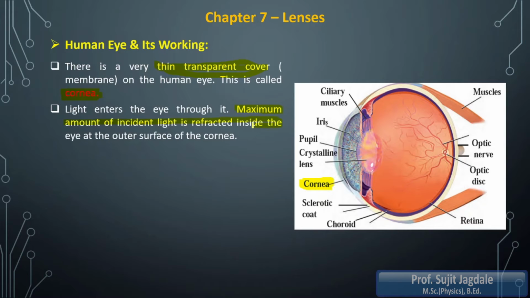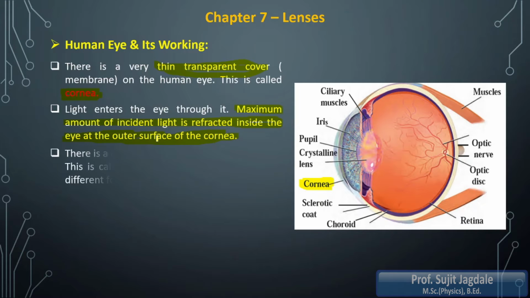As the amount of light is more, the eye is going to form a proper image. So the basic function of the cornea is to refract the maximum amount of light into the eye.